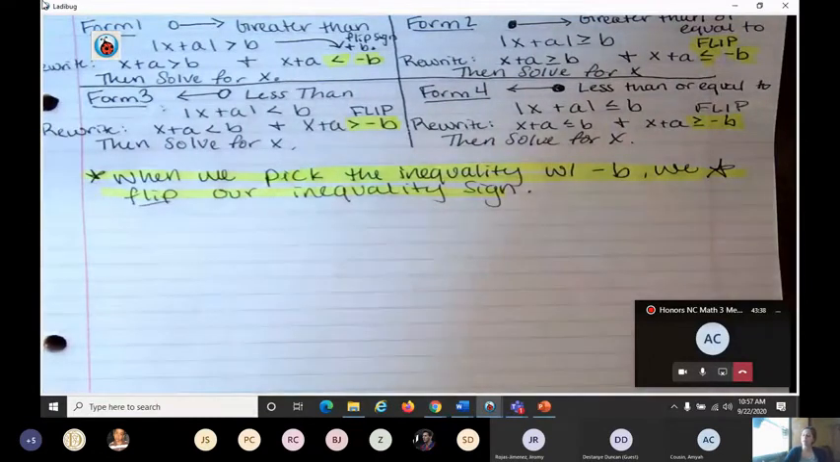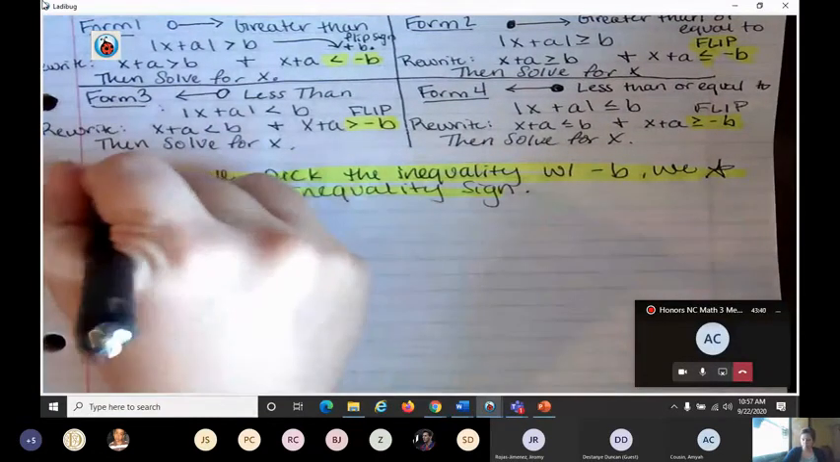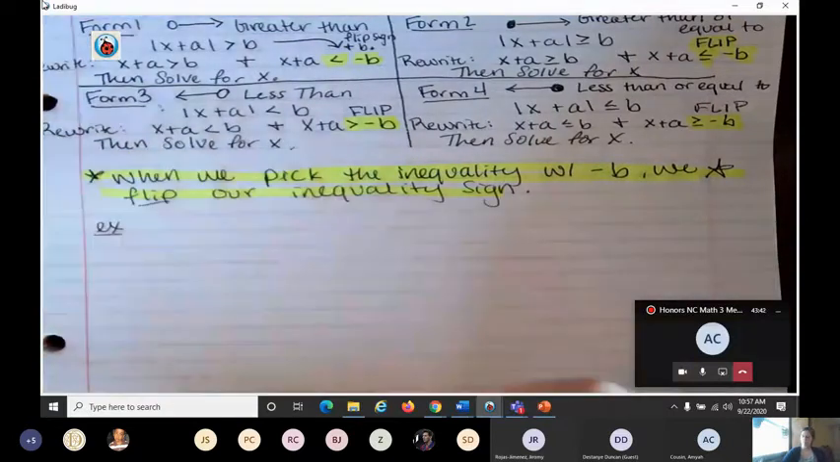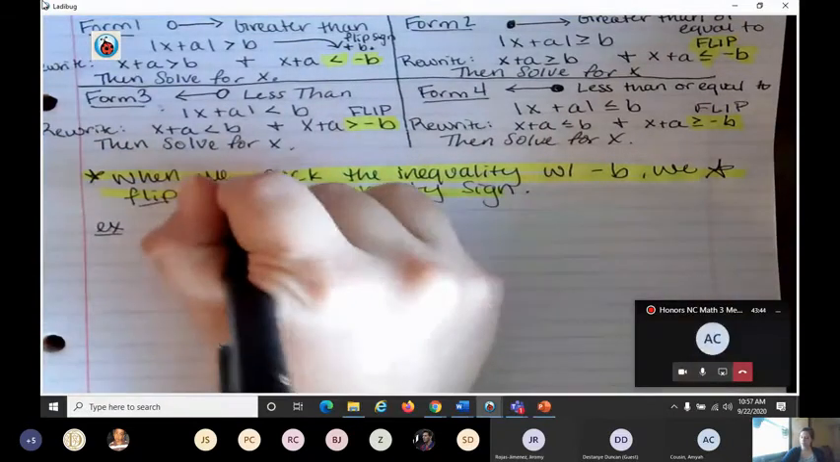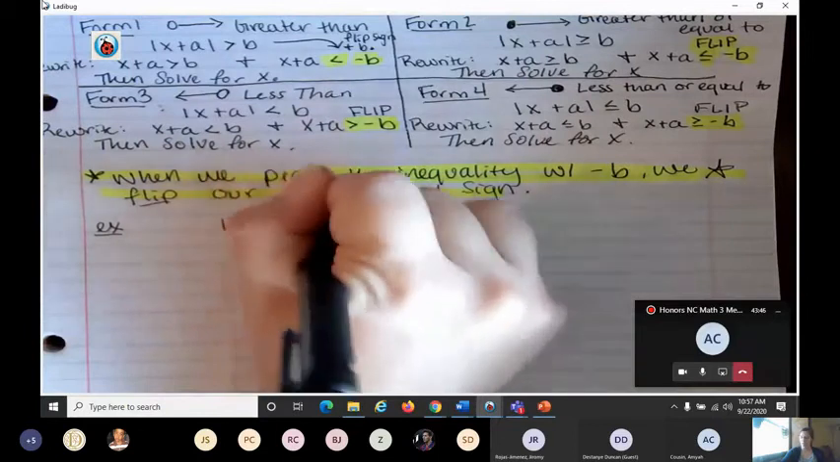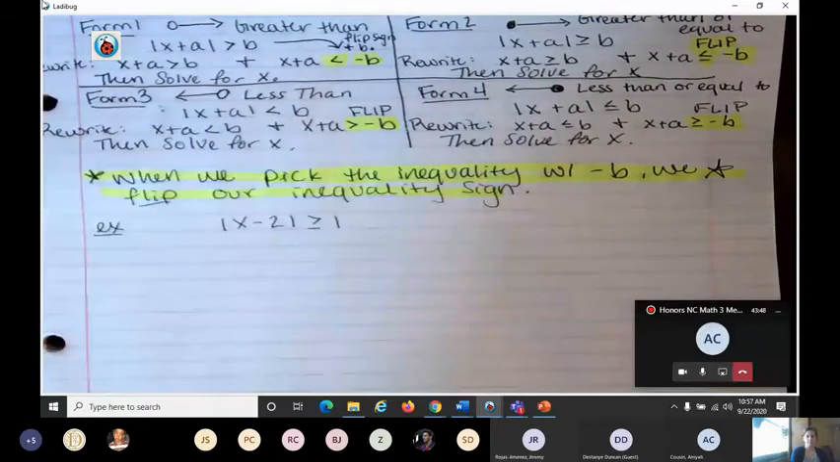Okay, so moving on, we're going to do an example. So we have the absolute value of x minus 2 is greater than or equal to 1. Okay, so